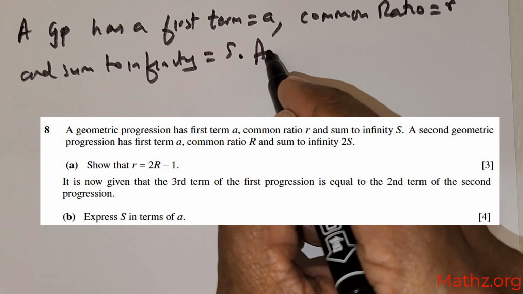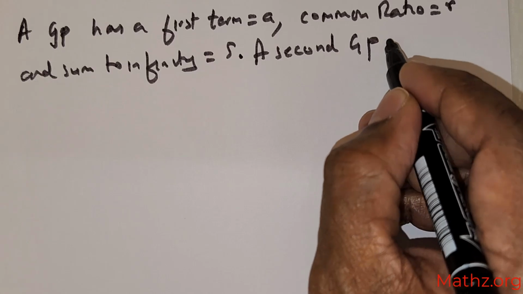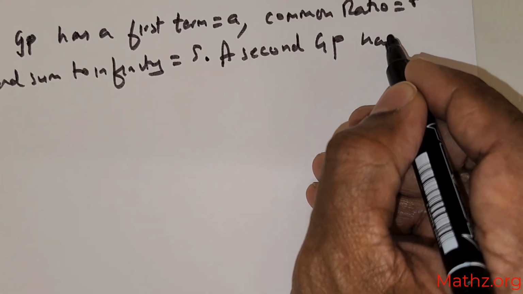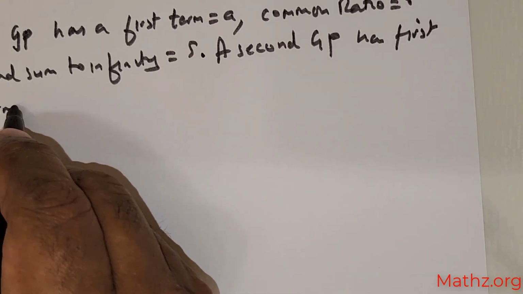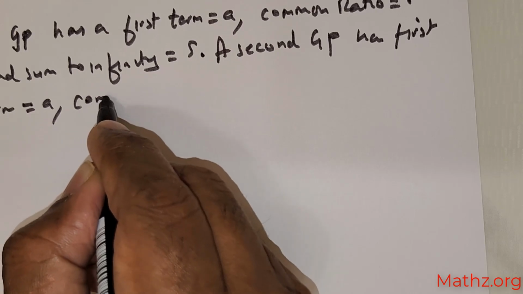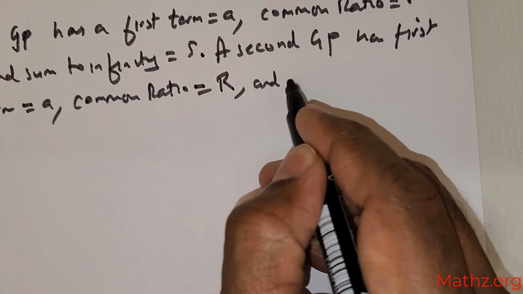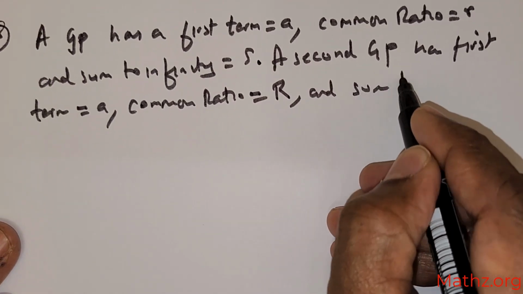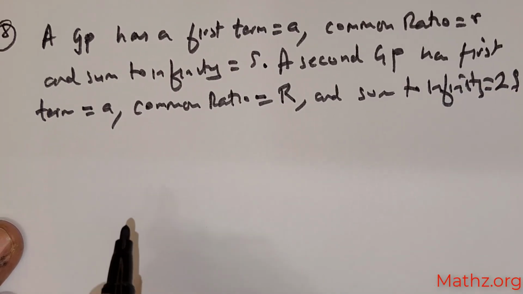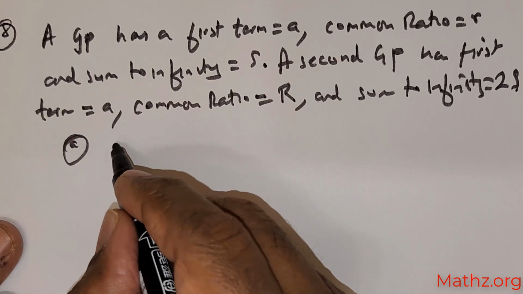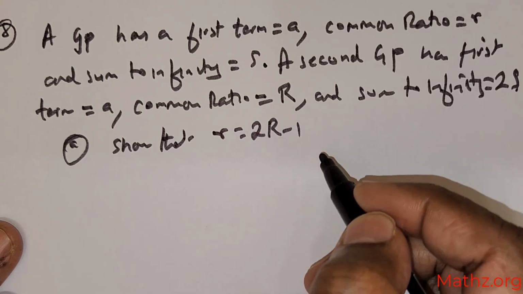Now you have a second geometric progression with first term a, common ratio capital R, and sum to infinity 2 times s. First question, show that capital R is equal to 2 times r negative 1,